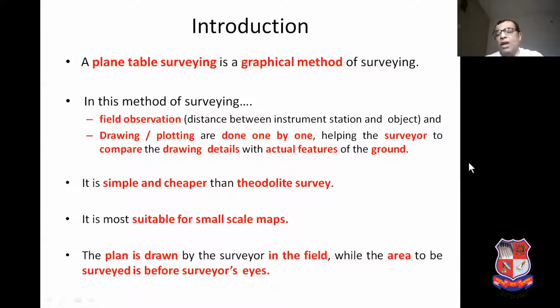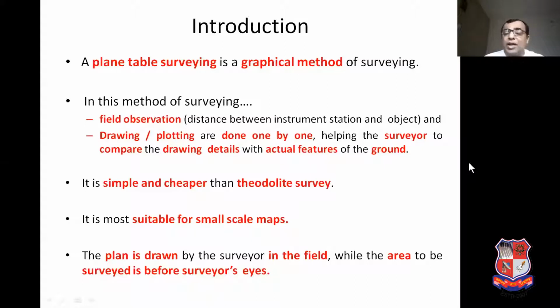Plane table surveying is a simple and cheaper method of surveying compared to theodolite surveying. Plane table surveying is mostly suitable for small scale map preparation only.